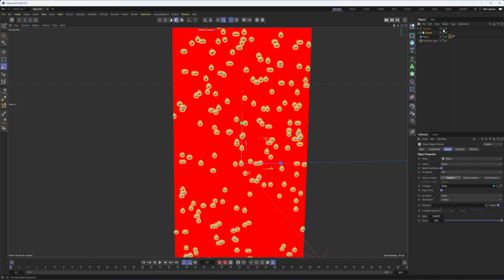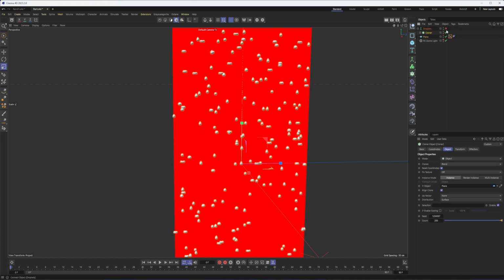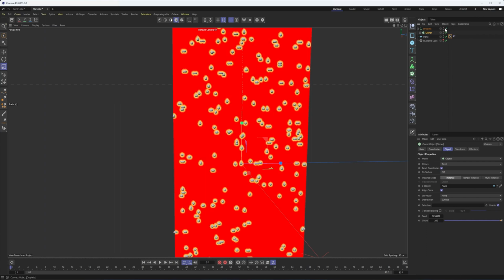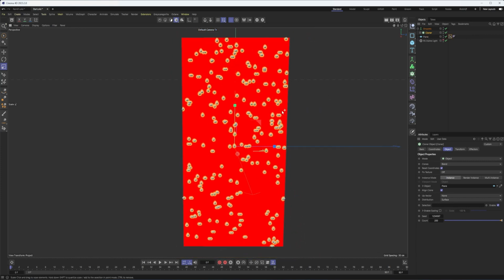What we're going to do is animate this. And what I can do is turn off our connect just for some of the animation stuff, if we want things to play back a little bit quicker. Notice how that vertex map went away. I'll try to keep it on, but if things aren't playing back too smoothly for you, that may be the way to go. So a couple of different things we're going to do here with our cloner.